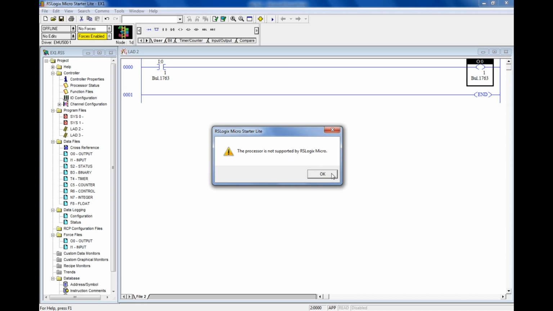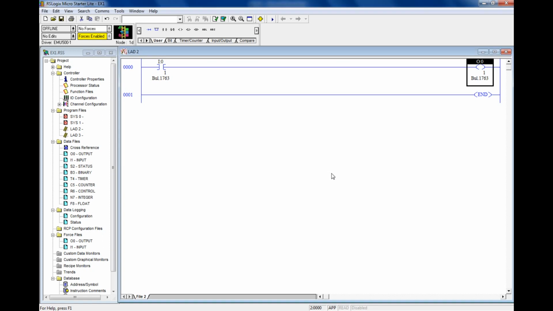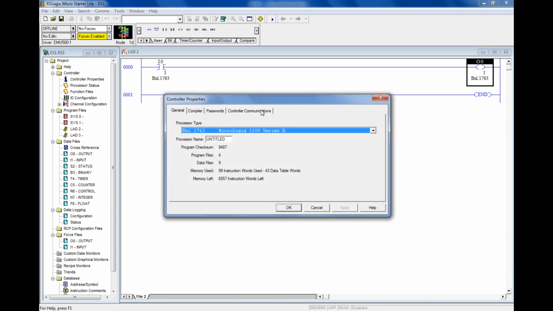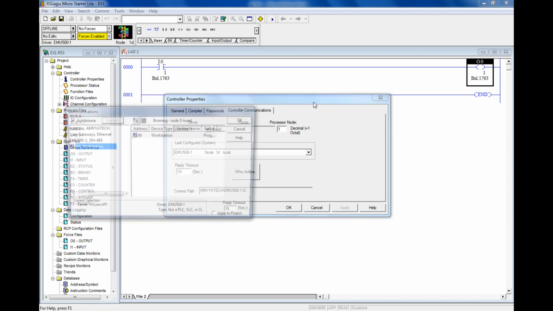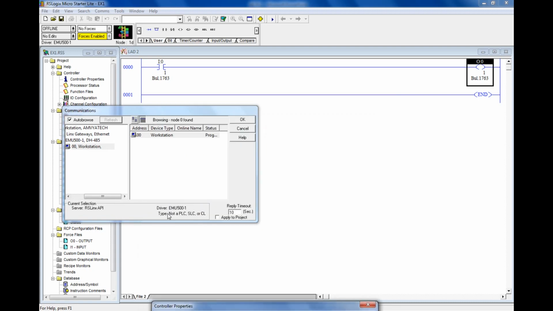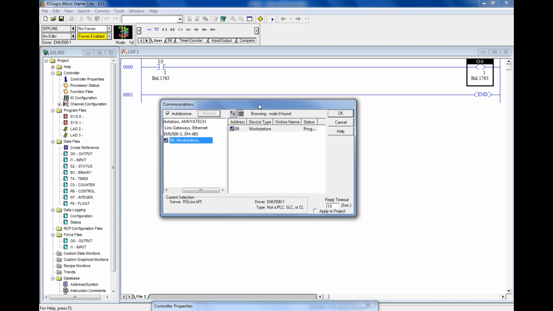Once you click on download, it again says the processor is not supported by RSLogix Micro. If you face such an issue in the beginning, go to Controller Properties, then Controller Communication, and go for Who Active. It will take you to another page, which is Communication. In the communication, select this workstation and click OK.